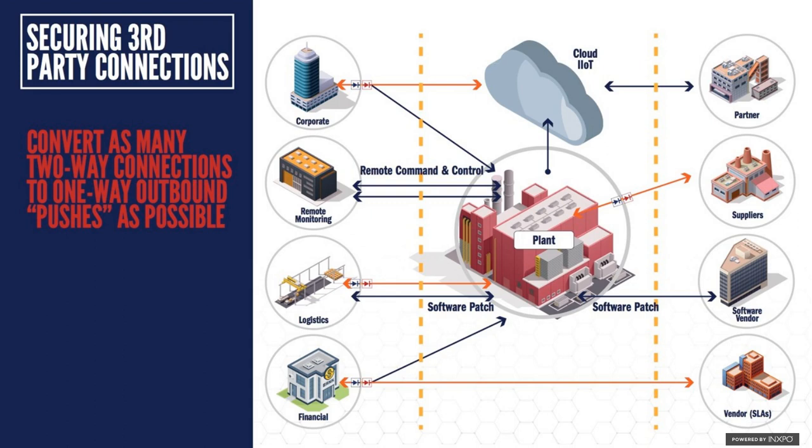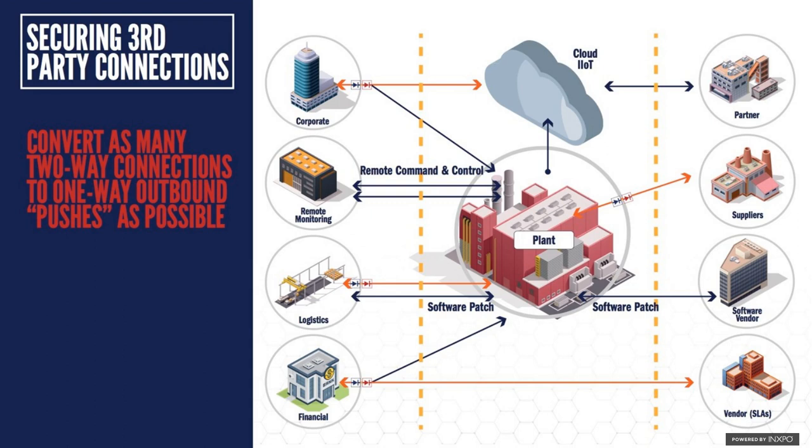And we think about how many of those connections we can make a one-way push out. So maybe someone has to come in and find out how long a system has been in operation, how many hours of service it has been operating, what the flow rate of something is. So all legitimate pieces of information, but instead of having you reach into my network that I want to secure and protect, why don't I just push that data to you?